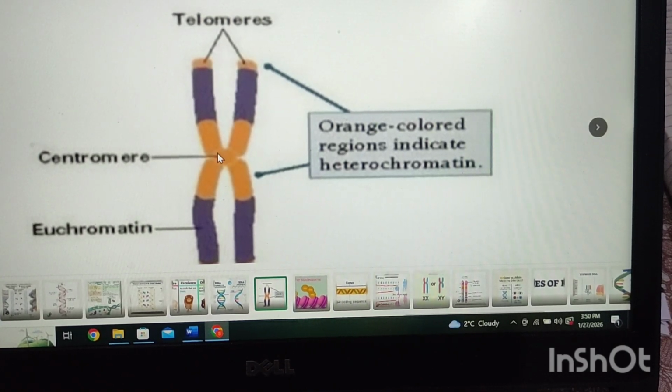Centromere is the part which is present at the binding stage or junction point. So both of these points we have discussed, and these are chromatids. Both of these sites are chromatids, and if these are homologous chromosomes, we call them sister chromatids. Now here it has two specific sites.